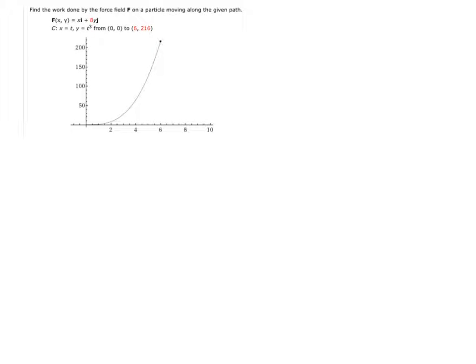Alright, so for this question, they asked you to find the work done by the force field F on the particle moving along a given path. So you would have to find the integral of F dot dr. Okay, so